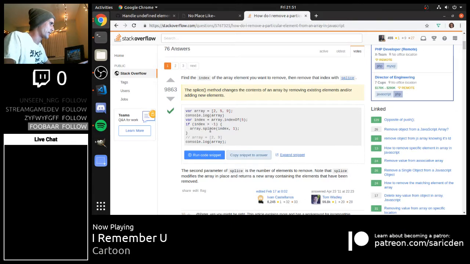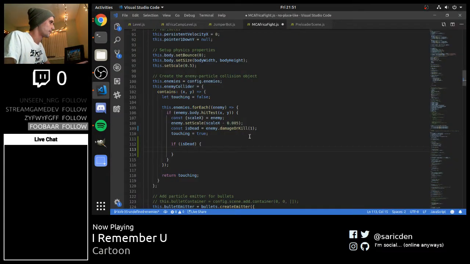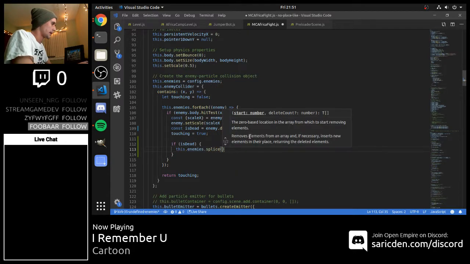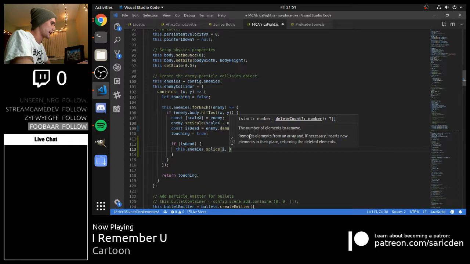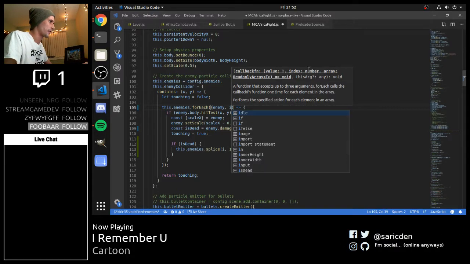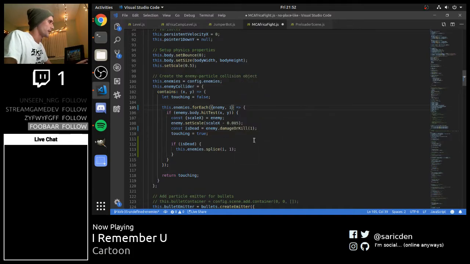So we have an index. Oh, it is just array.splice(index, count), with however many you want to remove from that point, which in our case is just one. So we'll say this.enemies.splice(i, 1), with i being our index, which we'll get in a second. And that should remove our enemy from our array if it's dead, which we need to fill in that logic